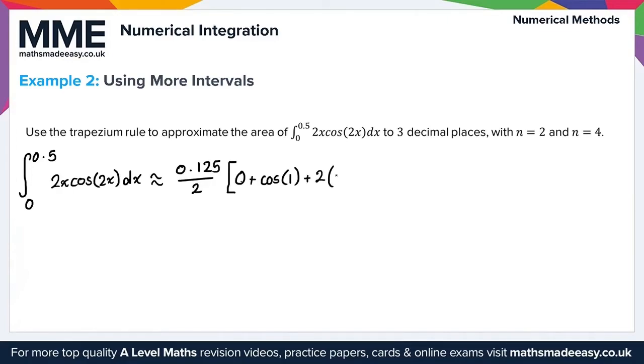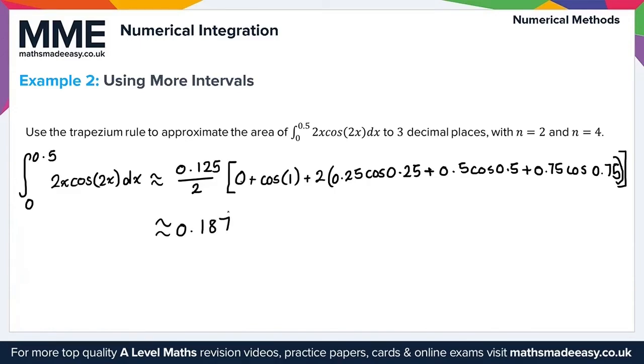So we've got two lots of 0.25 cos 0.25 plus 0.5 cos 0.5, and finally plus 0.75 times cos 0.75. That gives us everything we need. Don't forget to close the bracket. So that was our y0, our y4, and two lots of everything else. And what we get for our approximate value is